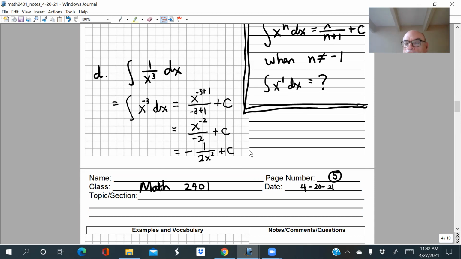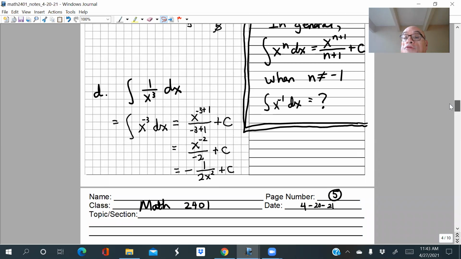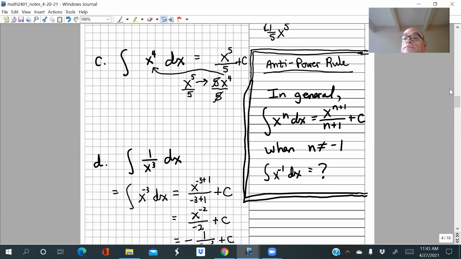So that's one thing that's a little bit tricky about antiderivatives as opposed to derivatives, right? If I give you a function and I say find the derivative, you're going to find one and only one answer to that, okay? But if I give you a function and say find its antiderivative, then there are lots of different possibilities, because we can change this constant. This is a constant right now, a number added at the end, and that would give us a different antiderivative.